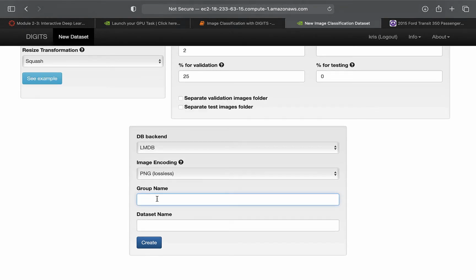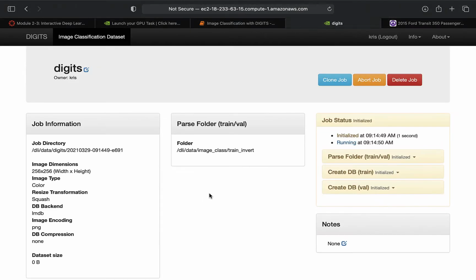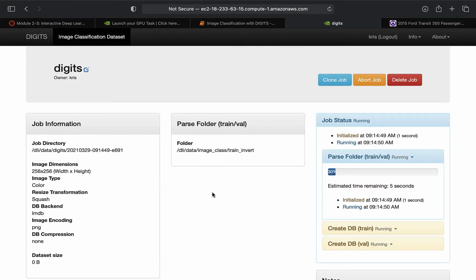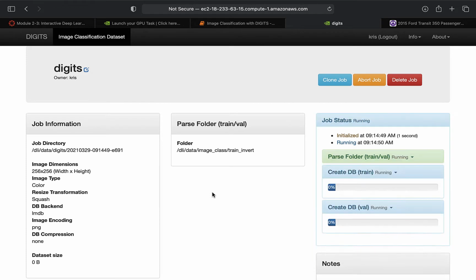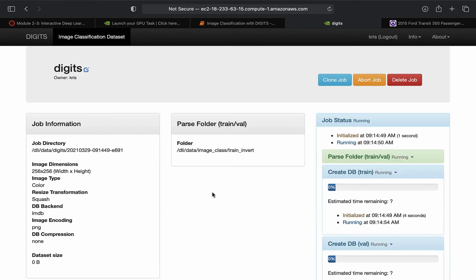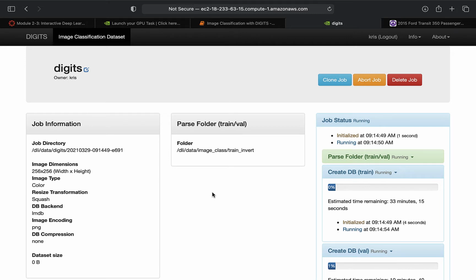Give it a group name. I like digits. Digits. I don't want you to overthink it. Create. Keep it all lowercase and those kinds of things. And you see it just loads the data set. And let's wait and see when it gets done. You can see the time percentage here, how long it will take the NVIDIA